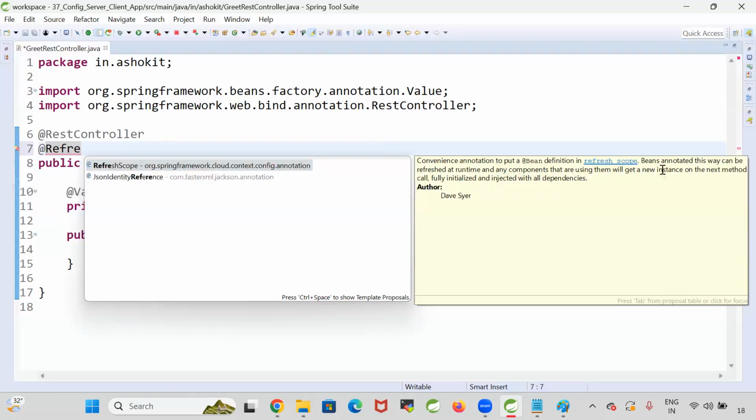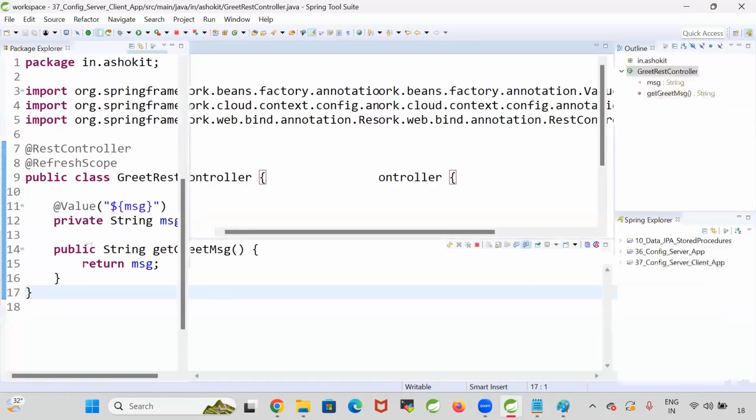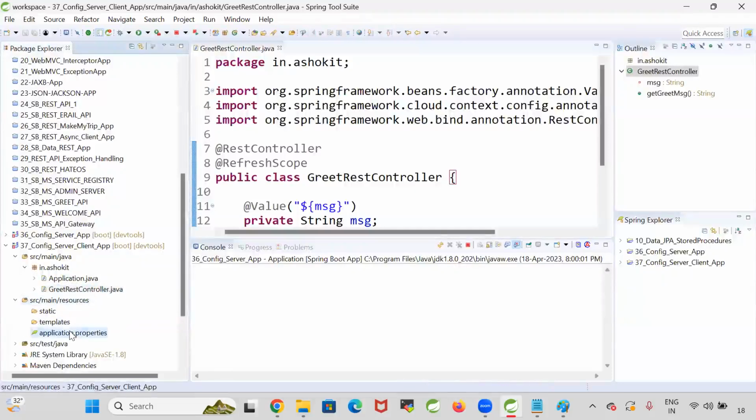Refresh scope is a convenience annotation to put beans annotated. This can be refreshed at runtime, and any components that are using them will get a new instance on the next method call, fully initialized and injected with all the dependencies. So whenever you configure refresh scope, if any properties are changed in the config server, it will be refreshing that. It will get the new properties from the config server. So without restarting, I can load the properties dynamically. For that, I'm going for this refresh scope. $message. Now here, if you go to our properties file,